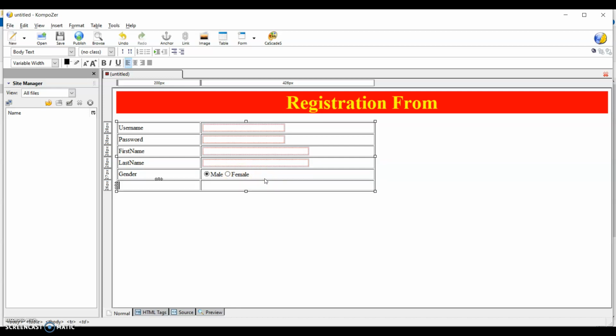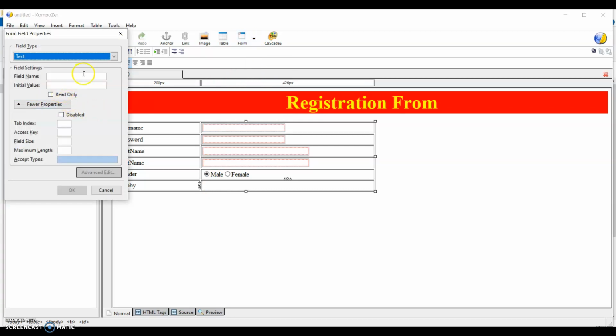Okay, now we select the hobby. So at that time we use a different type of checkbox, because multiple choices can be selected in the hobby. So come to the form, going to the form field, select the checkbox. Okay, then here chk is the field name. Okay, the value is what, suppose cricket.